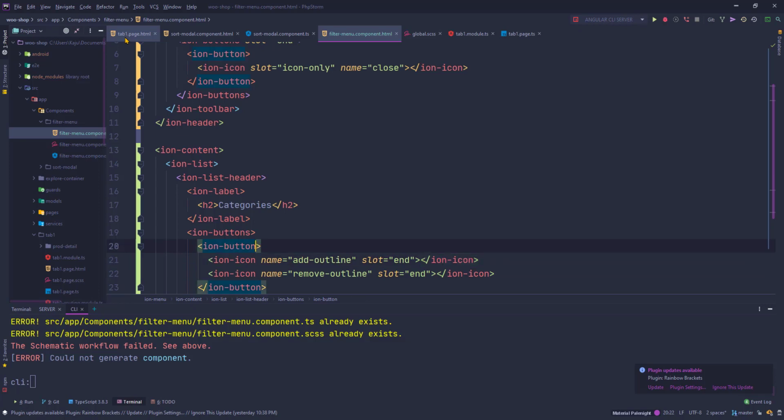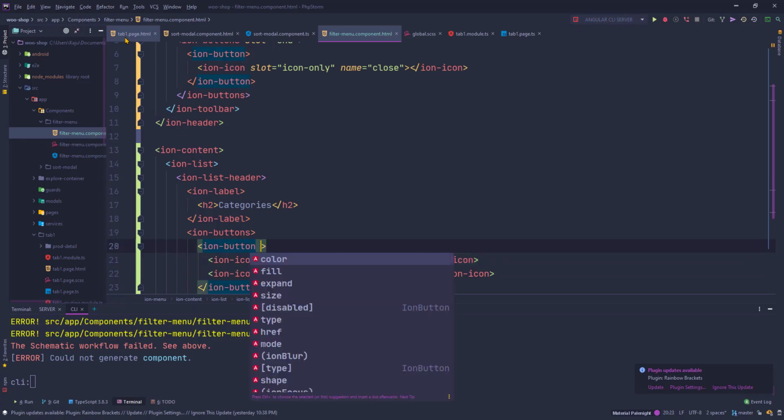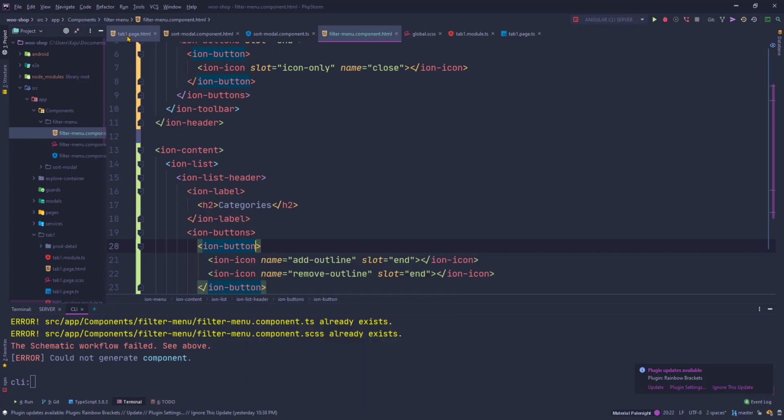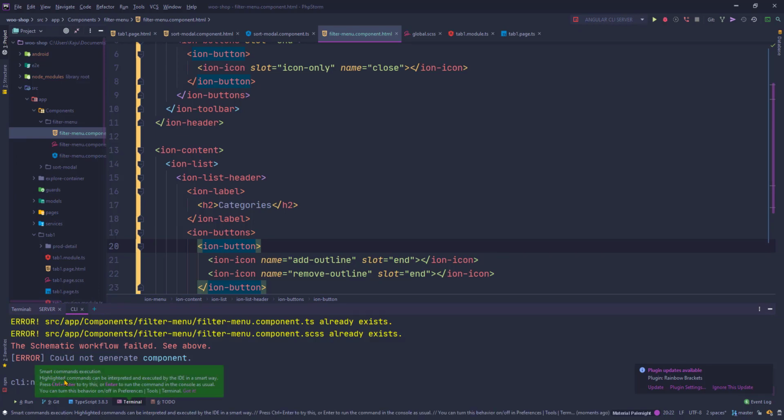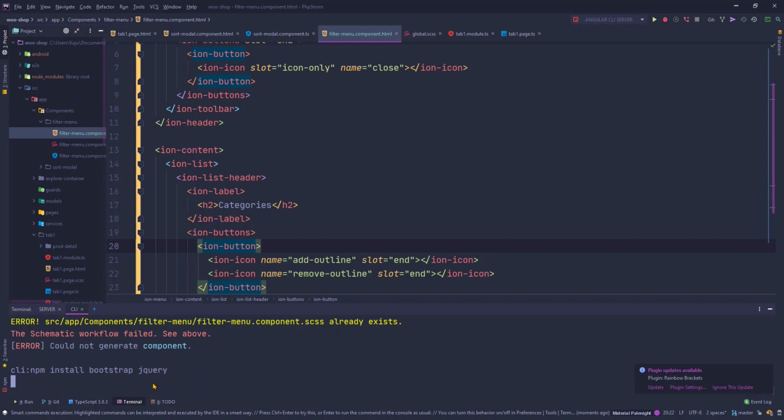and in order to make this collapse and expand, I'll use Bootstrap. Okay, so I'll first import that package using npm install bootstrap and jQuery. Let's do that. Give it a few seconds to install the package in our dependencies under the node modules folder. Right,